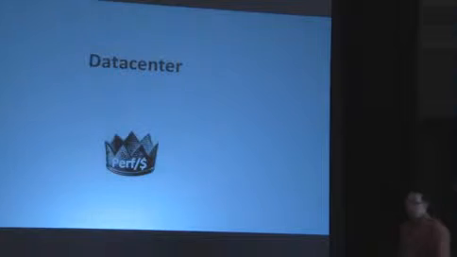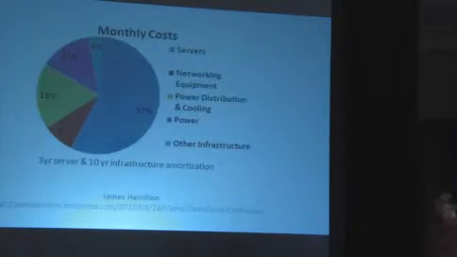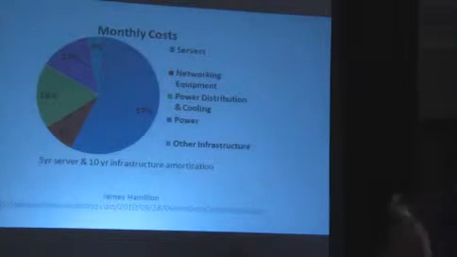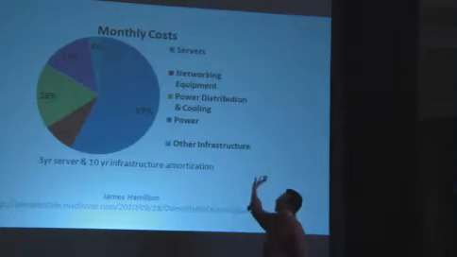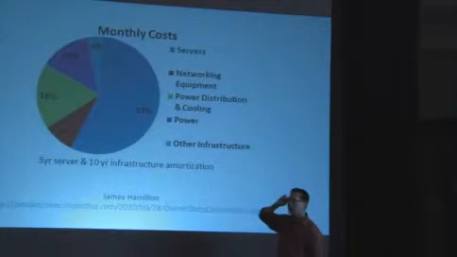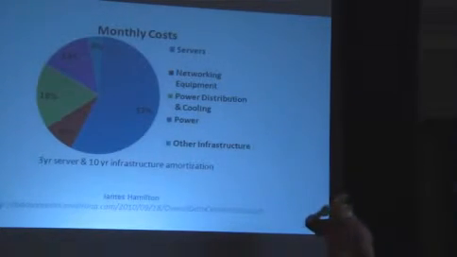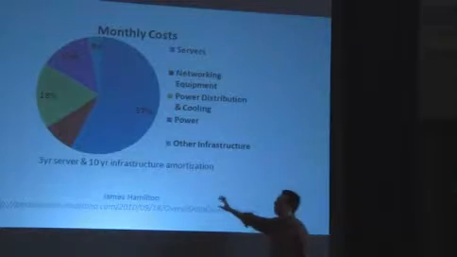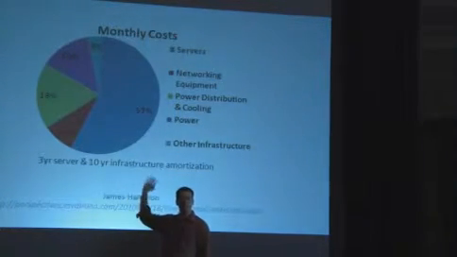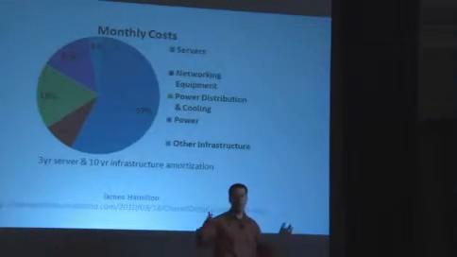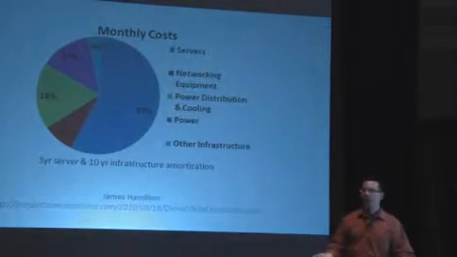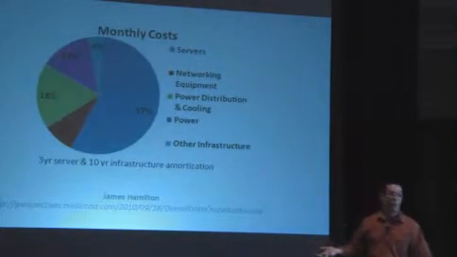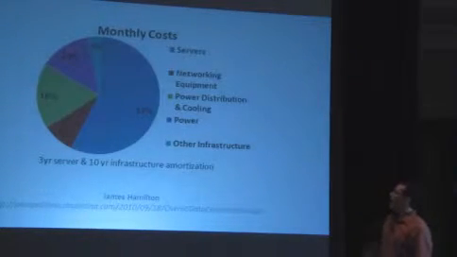Now let's talk about the data center, where performance per dollar also matters a lot. James Hamilton, ex of Microsoft and now at Google, did an excellent analysis of costs of data centers and servers. And what he did is he went through for a 3- and 10-year infrastructure amortization of what are the costs of running a modern world-class data center, such as he had had personal experience with in several companies. And he broke it down.